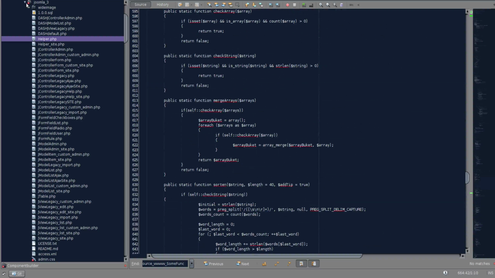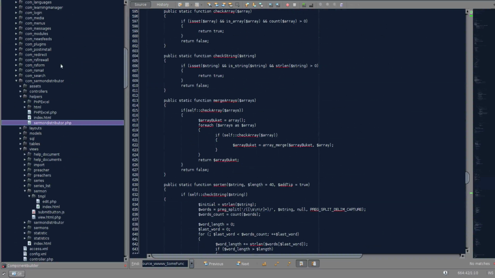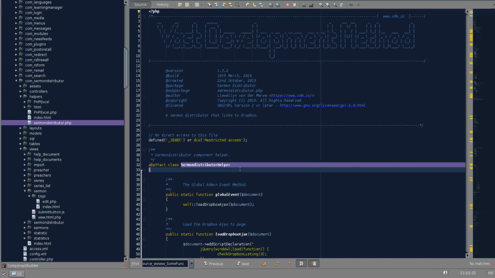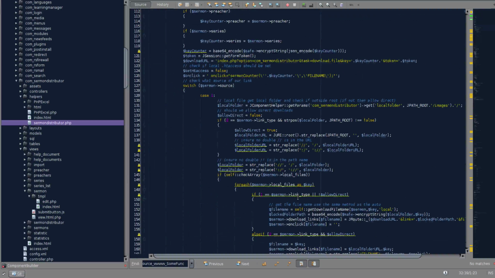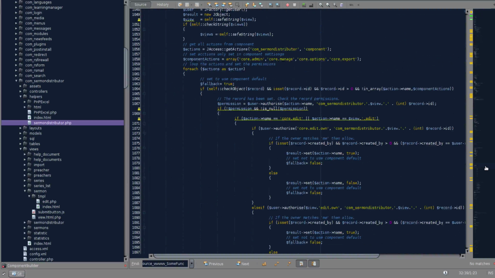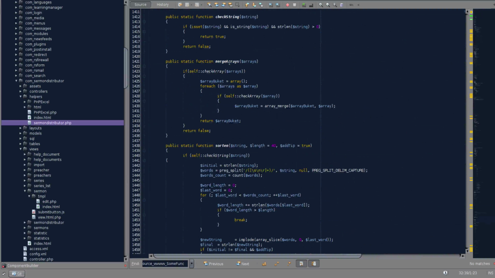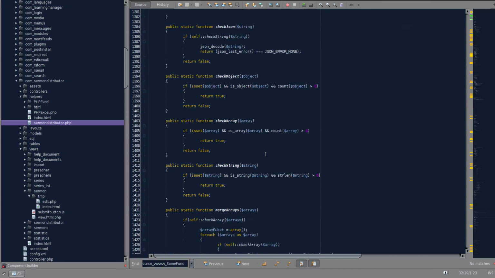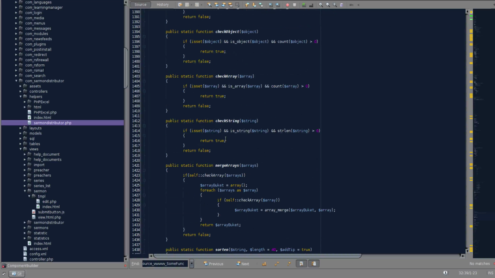So if you were to open, like I've said, Sermon Distributor's helper class, you'd see that these helper methods are now all showing up here. Get actions, shorten string, merge array. So if any of you feel that the methods that I've used here are archaic or outdated, please go on the forums at GitHub and talk with me about it, and I'll very gladly look at it and see. I know I recently tried to improve on this check string by doing that,